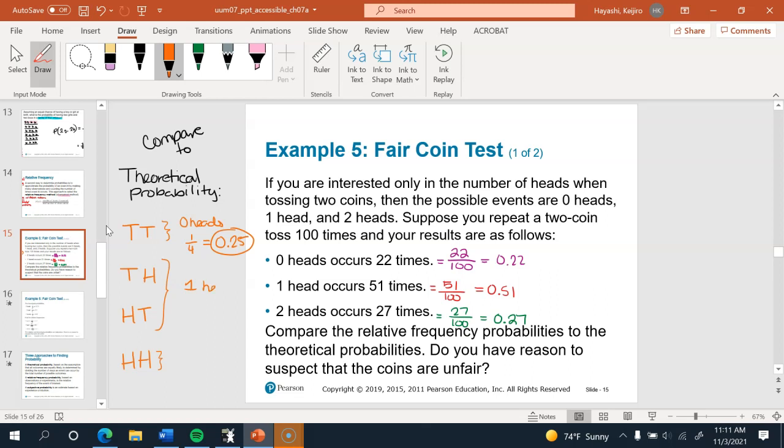If we think about the number of ways there are to get 1 head, that's 2 ways out of the 4 ways, so 2 over 4. That corresponds to a probability of 0.5 if we wanted to express them in decimal, which is probably best for comparison in this case. And 2 heads, that happens 1 out of the 4 times, or 1 out of the 4 theoretical outcomes. So that corresponds to, again, 0.25.